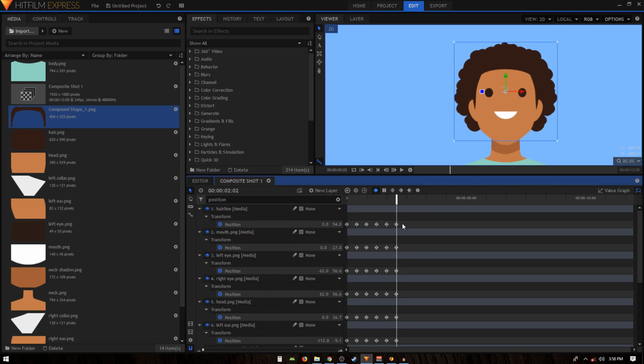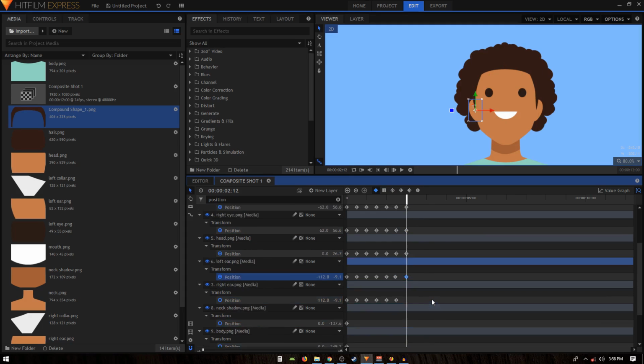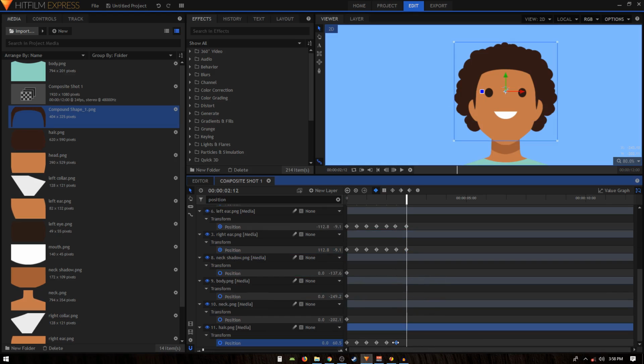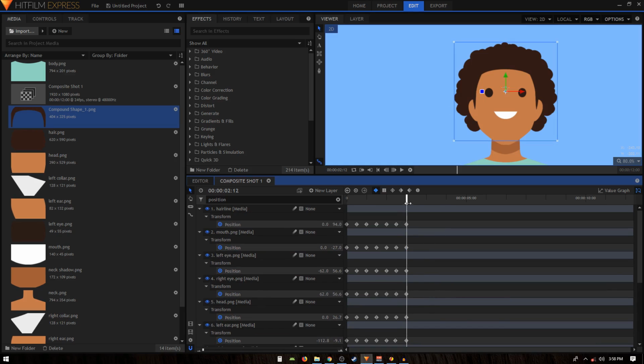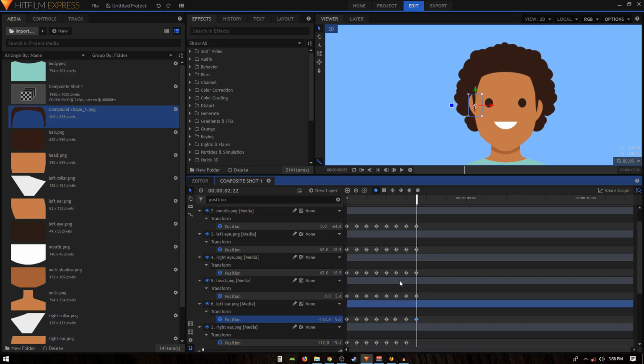Okay, looks pretty cool. And then again we'll move 10 frames forward, copy the keyframes, and basically just copy these keyframes and paste them over. Okay, so once you do that, let's just go to the next 10 frames, and again we'll bring the character's face back to its original position. So we'll just copy the first keyframe and paste it at the position of our playhead,